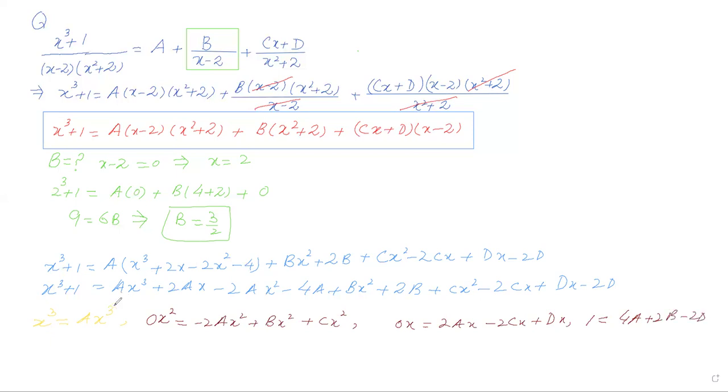The terms of x cube and x cube cancel out. So another value I will get, a is equal to 1. This x square, x square, x square cancel out. I will get 0 is equal to minus 2a plus b plus c. Then x is cancelled by this one. I will get another equation. 0 is equal to 2a minus